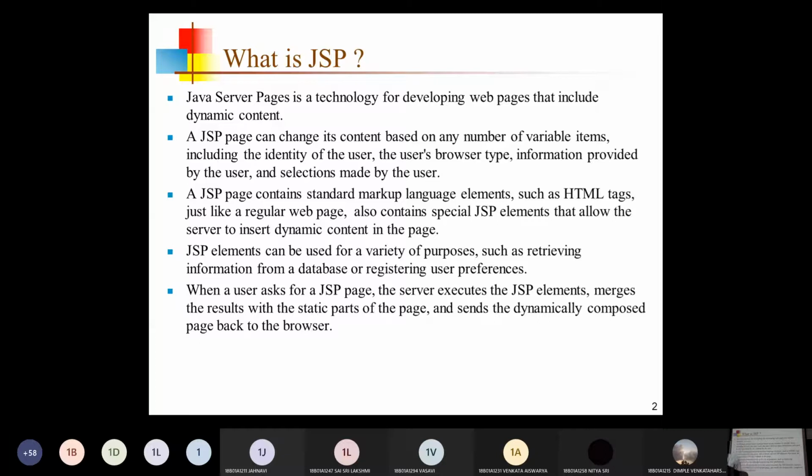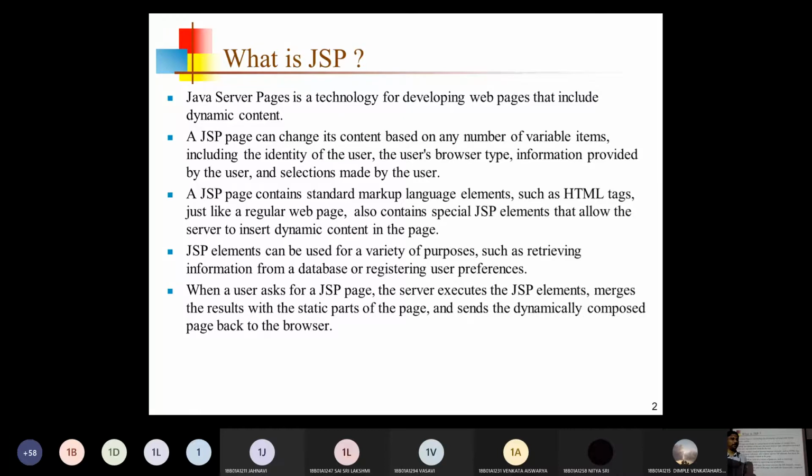Generally, it is a server-side technology by which we can generate dynamic content over websites. The dynamic content generation related code should be embedded into the HTML code itself.